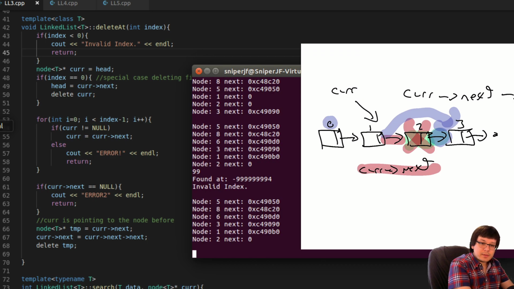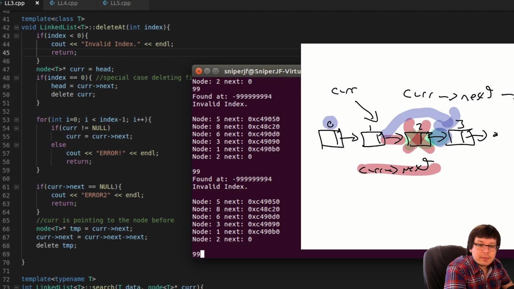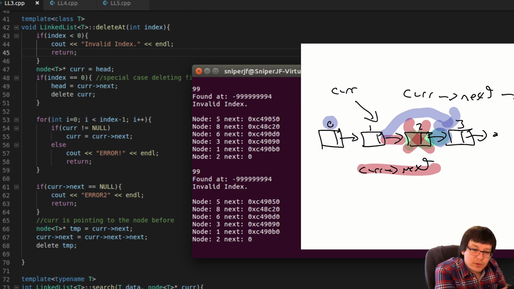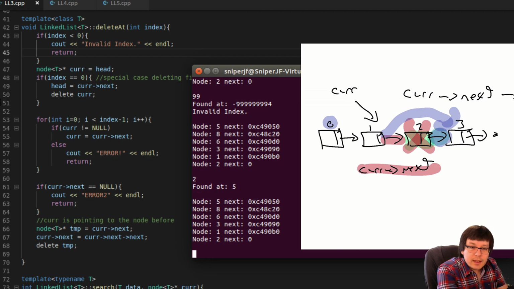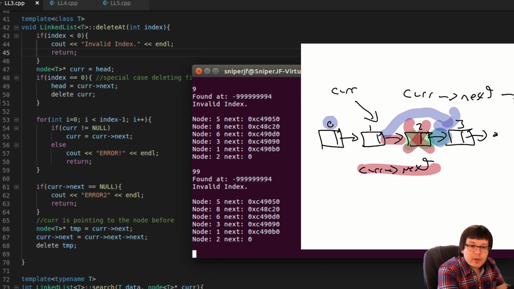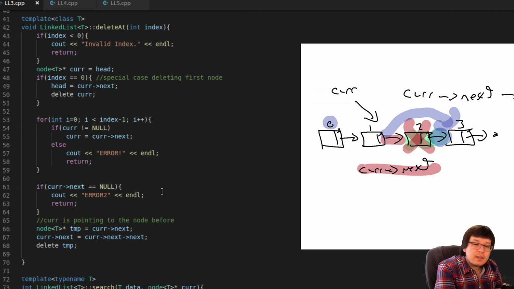So now we feed it something that's not found. It's an invalid index. Okay, that's fine. Now we're not getting random deletes happening. But now the question is, if we search for something like 2, and then search for anything, it doesn't delete anything. So it's not deleting stuff from that. Why is it not deleting?